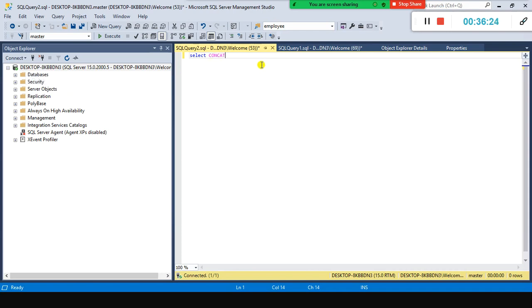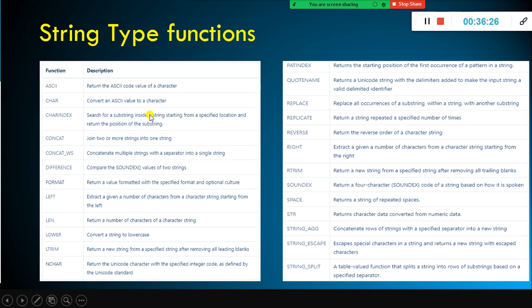You will be overwhelmed. So if you are curious to explore all these functions, you can go to the Microsoft manual. I'll share the link, docs.microsoft.com, wherein you can find the detailed explanation with syntax for each and every function.